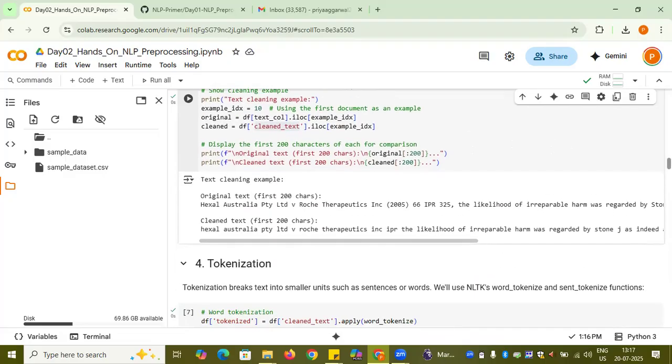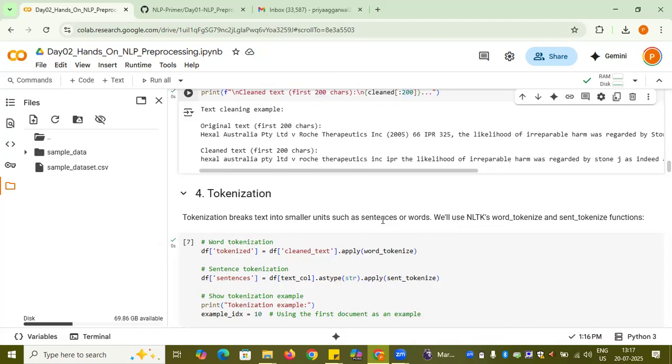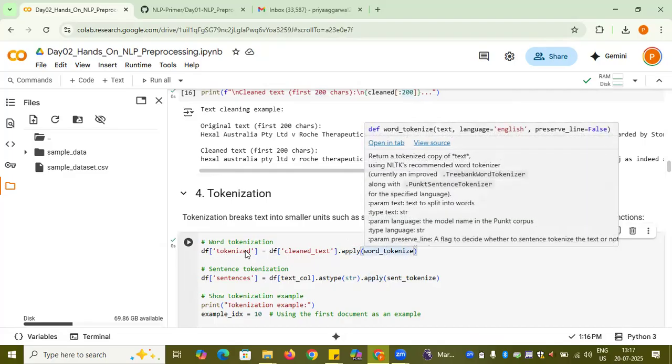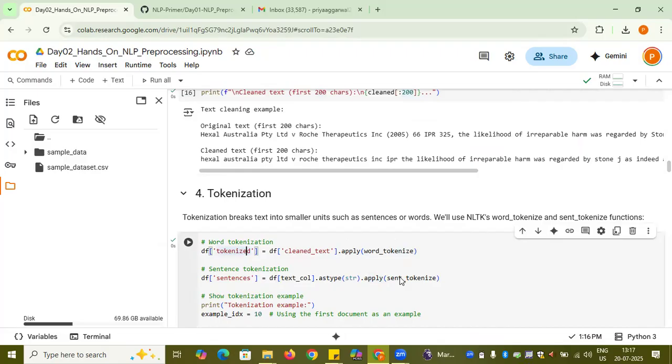So this is clear to me, what I did. Basically here I am printing some of the text, up to 200 characters only, otherwise it will look very clumsy. Now when the data is clean, I need to work on the clean text column. First I'll be doing the tokenization. For the tokenization, again, dot apply is very handy to work with the pandas data frame. You are going to apply word tokenize and save it in some other column. Similarly, you apply sentence tokenize. This is a simple thing.